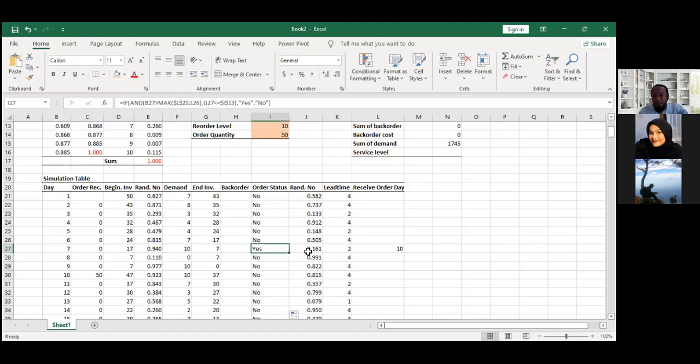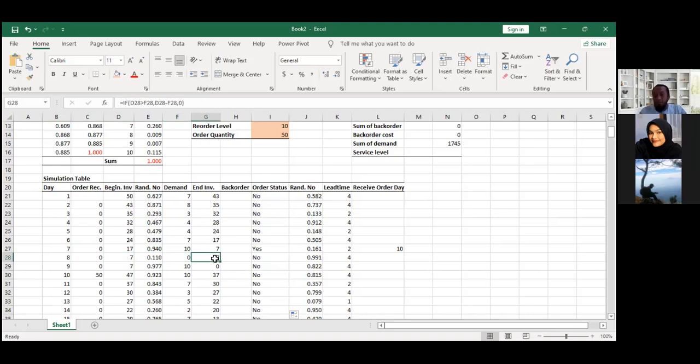Okay, and then the lead time is 2. So from 7 we need to wait 2 days. So we will receive the order at day equals 10. After we place an order, because the period is still less than 10, it means that we already placed an order before, and at day 8 we still haven't received the order, so we need to wait. That's the logic that we have developed before. So here, even though the stock is 7 and there is no demand, at the end the ending inventory will be 7.